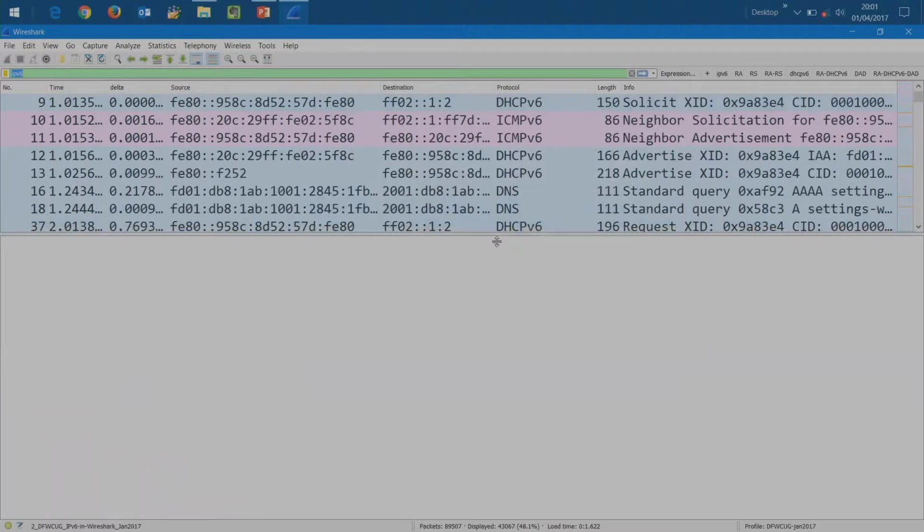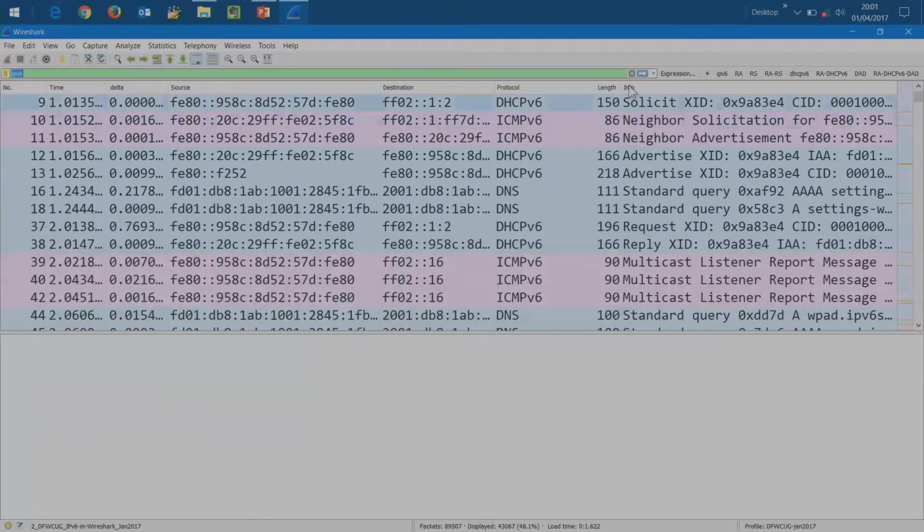So with that in mind, I might say, well, let's look at IPv6 router advertisements. I just want to see out of this trace of 89,507 packets, how many router advertisements I had. So that's icmpv6.type equal 134. If you notice in your display filter bar, as you type information, it changes colors.